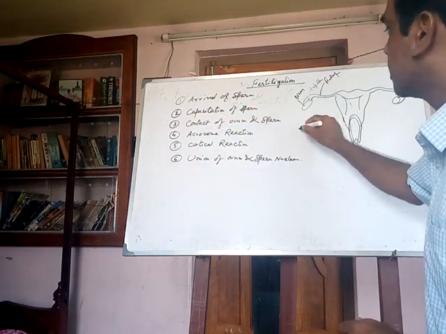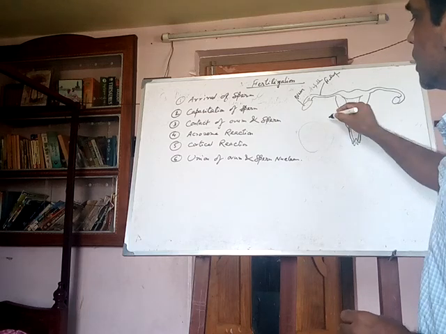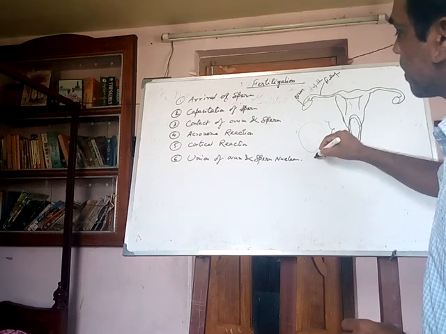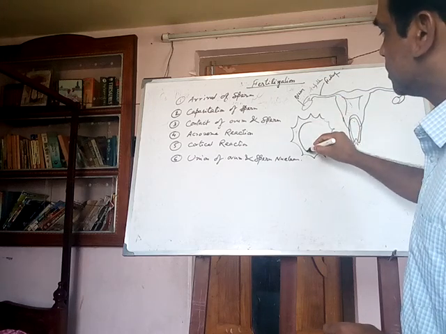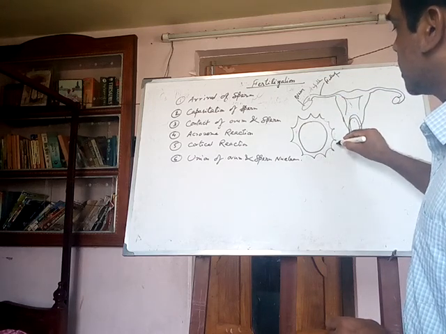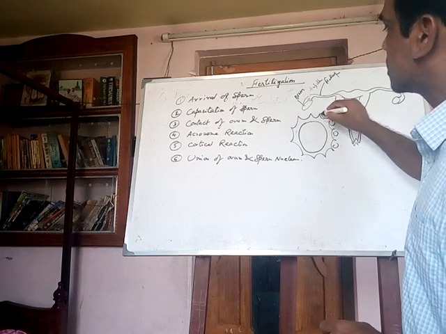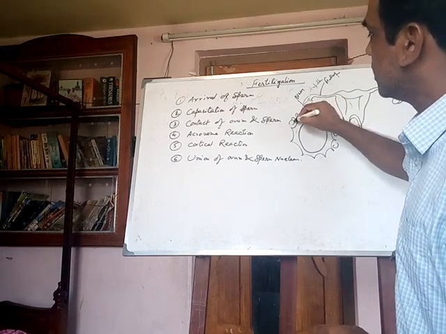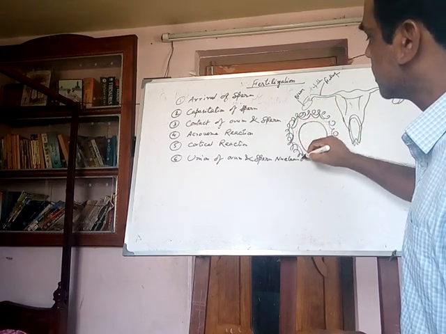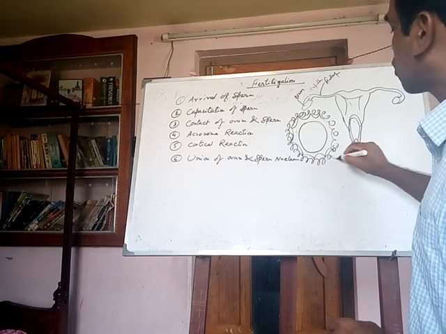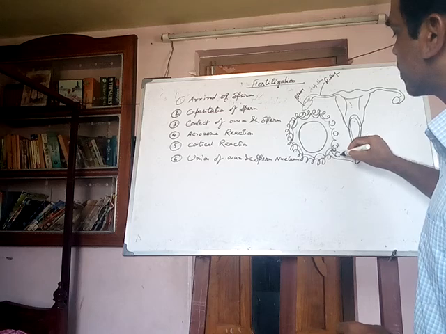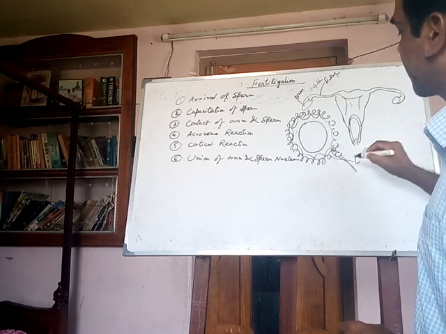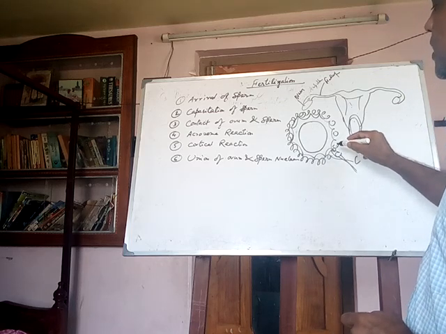Here, the upper layer is made of different cell layers. This is called the corona radiata. Sperms are present here, and this